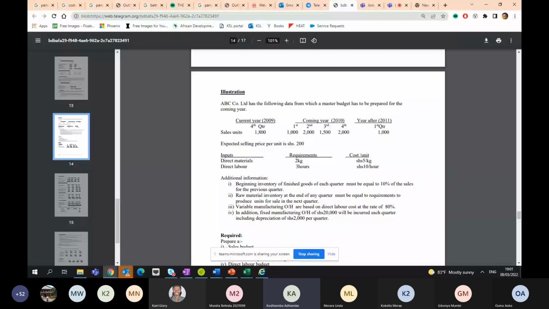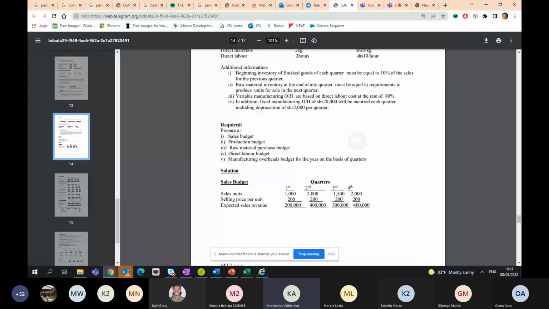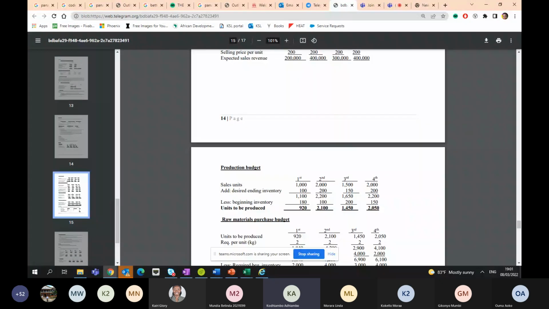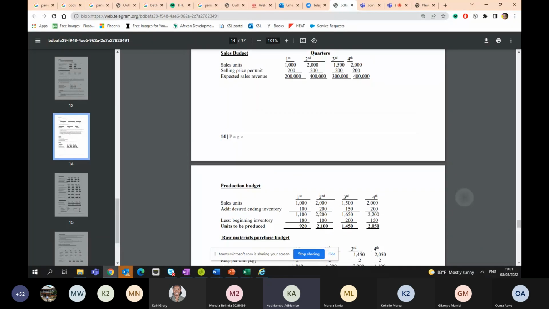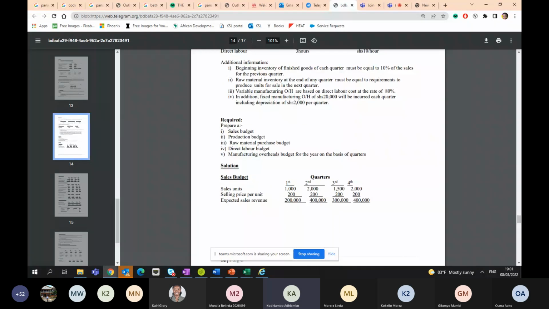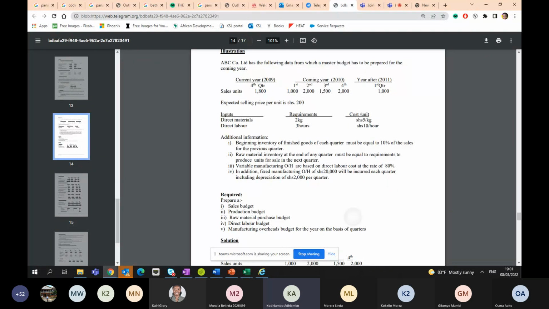the direct materials and the cost of labor. Oh, okay, no, sorry, the production budget is the production of units. So basically we are saying we need 1,000, 2,000, 1,500, but then we have the desired end, and the desired end,